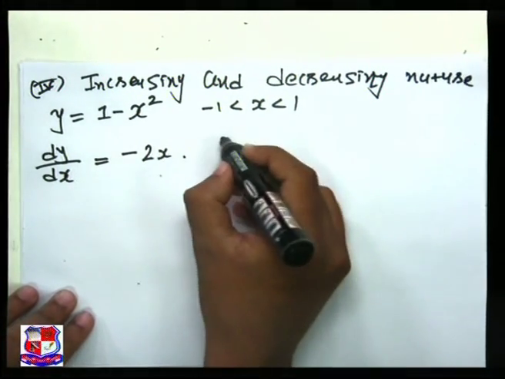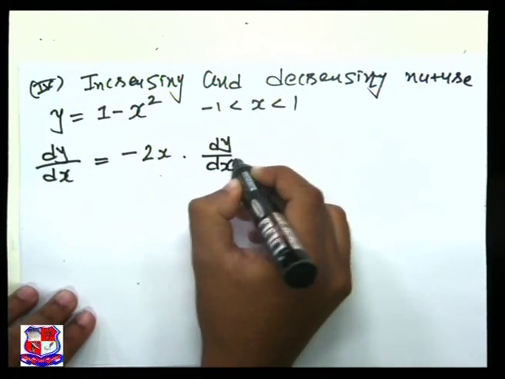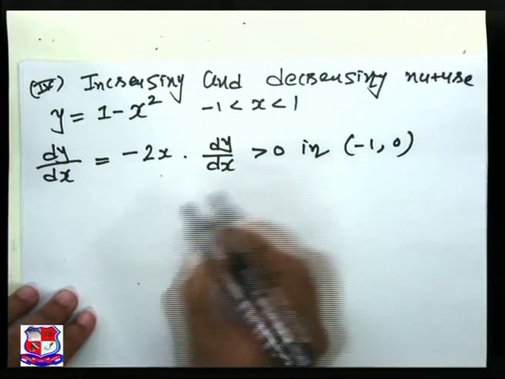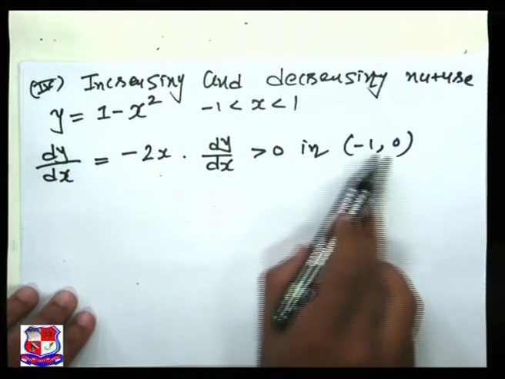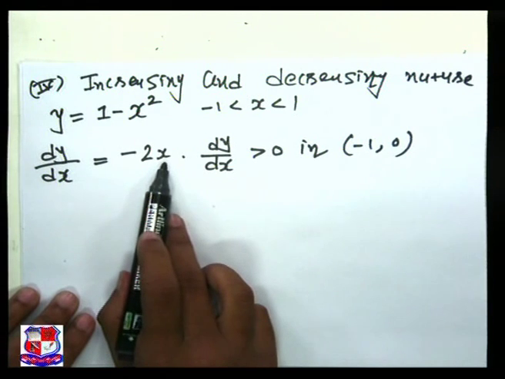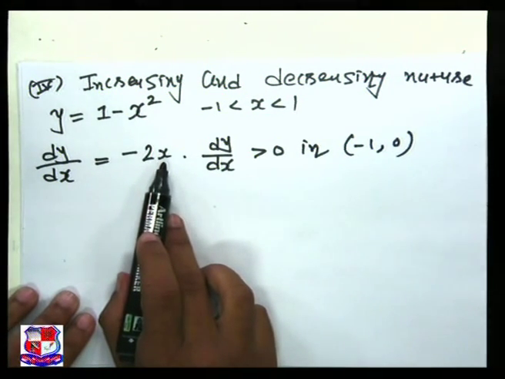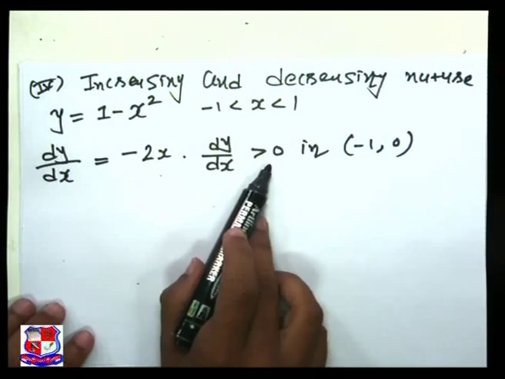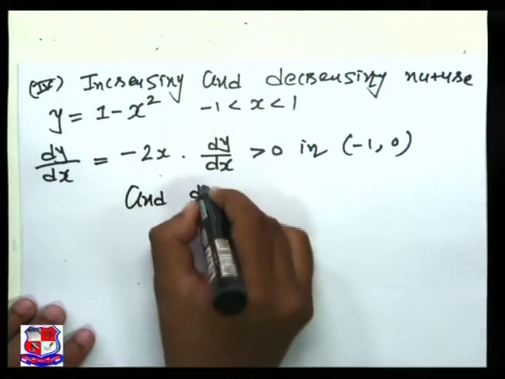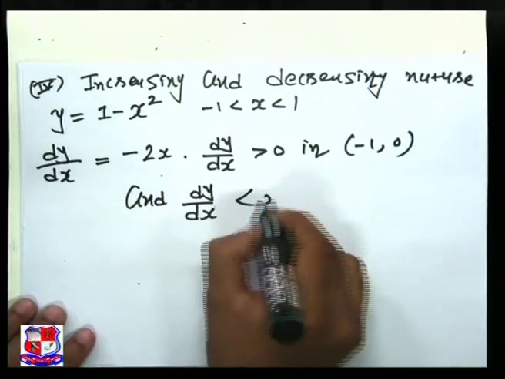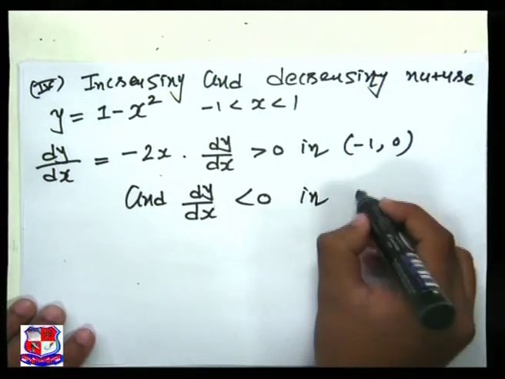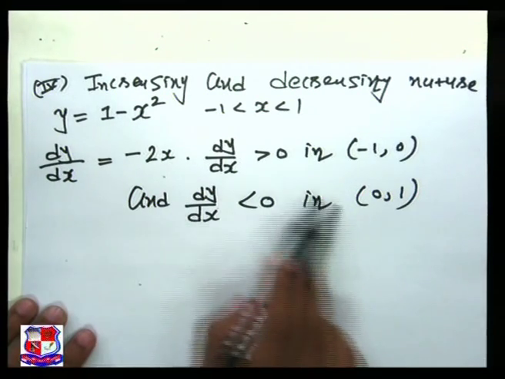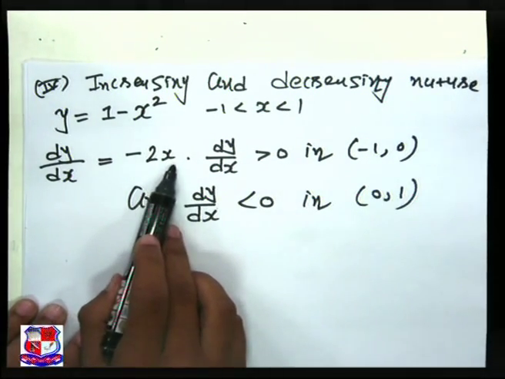So this dy by dx is greater than 0 when x is between -1 to 0, that means the value of x is negative. So in that case dy by dx is greater than 0 clearly, and dy by dx is less than 0 in 0 to 1 clearly. When x is between 0 to 1, that means x is positive in that case. So the value of dy by dx is